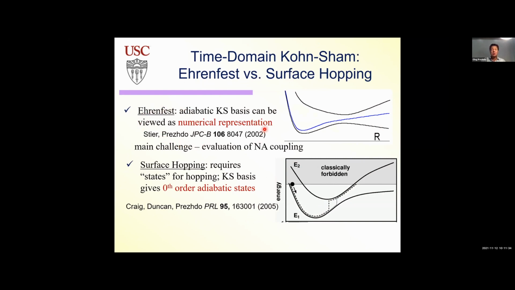And we started to do it using this adiabatic representation, Kohn-Sham representation, which was different from what people in the physics community did. Usually they used some numerical grids, which gave some advantages and disadvantages, but at that point it was just a way to propagate time-dependent Kohn-Sham equations. But as I'll show on the next slide, there are several reasons why we have to do surface hopping. For surface hopping, we have to define states. And the Kohn-Sham basis gave us a simple way to define zeroth order states between which we can hop.